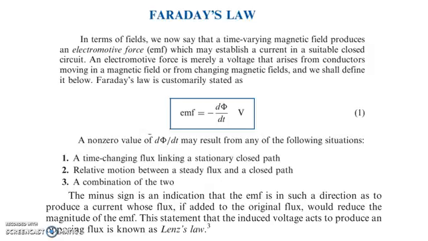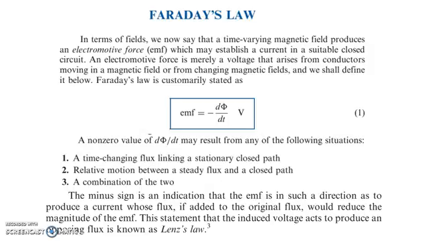In terms of fields, we now say that the time-varying magnetic field produces an electromotive force which may establish a current once a suitably closed circuit is found for it. An electromotive force is nothing but a voltage that arises from a conductor moving in a magnetic field or from changing magnetic fields. And we shall define it analytically as follows. Faraday's law is customarily stated as